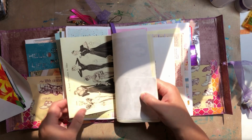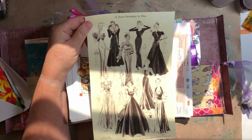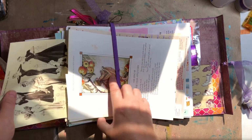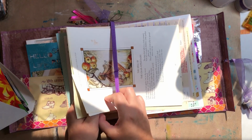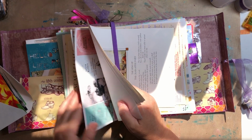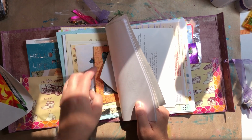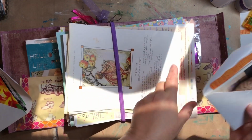This is a smart invitation to dine. And look at these dresses. Aren't they just wonderful? Oh gosh, they're beautiful. And I have several of those from women's magazines, and I think they're patterns and various Hollywood things. I have Oscar dresses through the years, some frames, and here is another one that I did